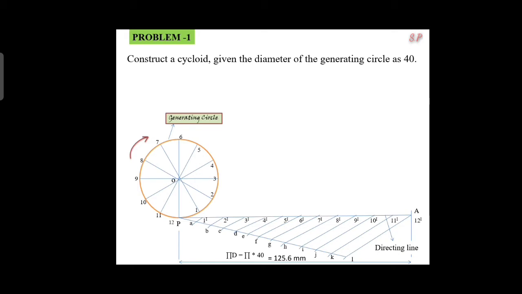After that we are going to draw a locus line from the center of the generating circle, point O. You draw a straight line from the point O. That line should be parallel to PA. Next you erect perpendicular lines from 1 dash to 12 dash to our locus line. First you erect the perpendicular from 1 dash, the contact point is O1. Next from 2 dash, that contact point is O2. And next O3, O4, O5, O6, and similarly you locate the remaining points also.